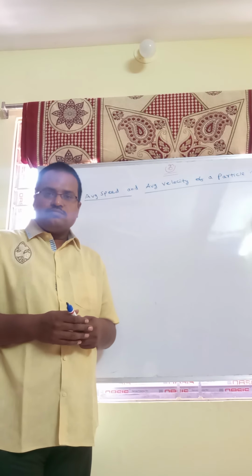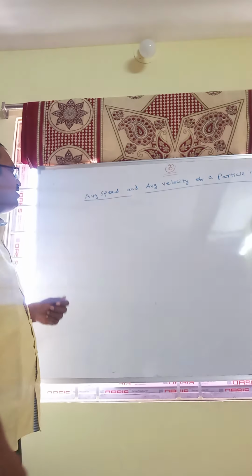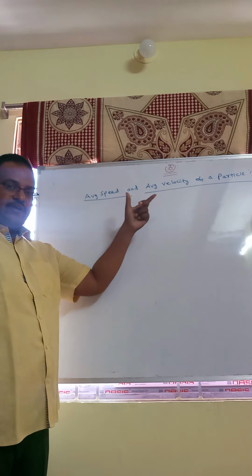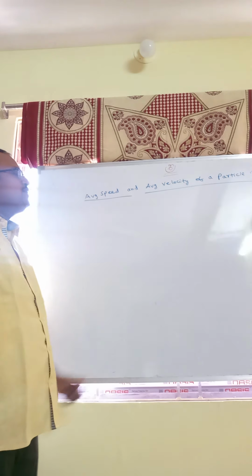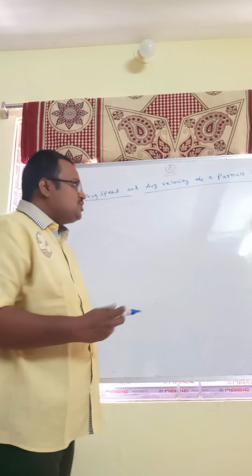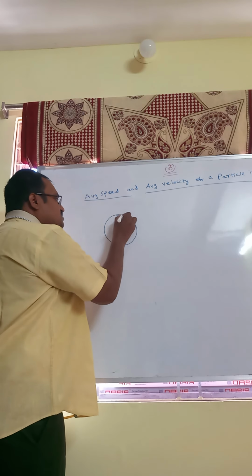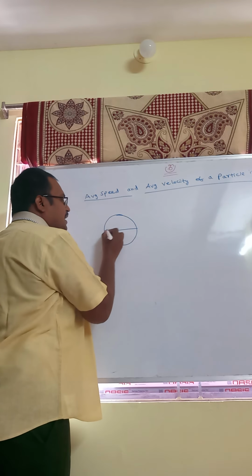Now I will start about the relation between average speed and average velocity of a particle in simple harmonic motion. Generally, if a particle completes one oscillation, it has a